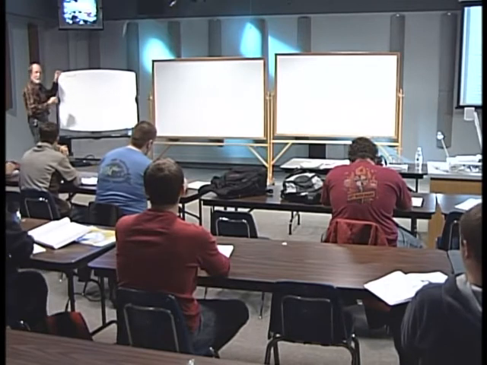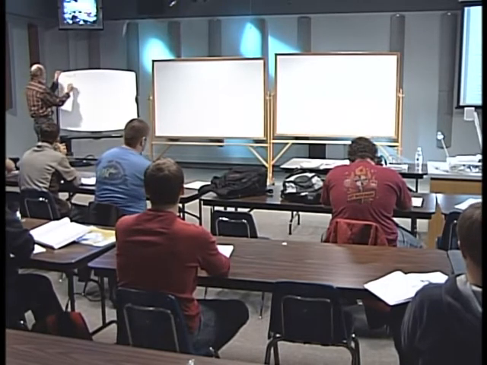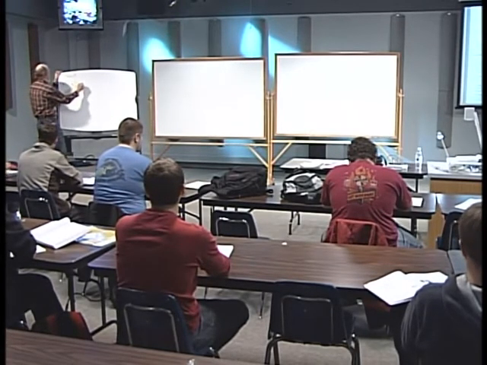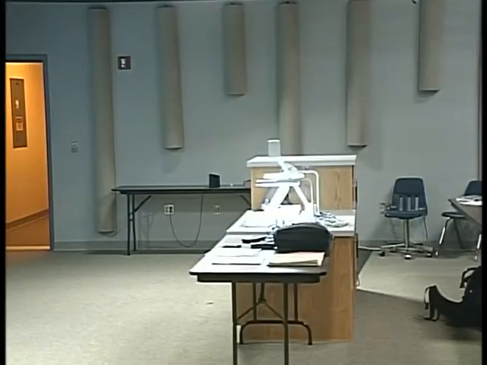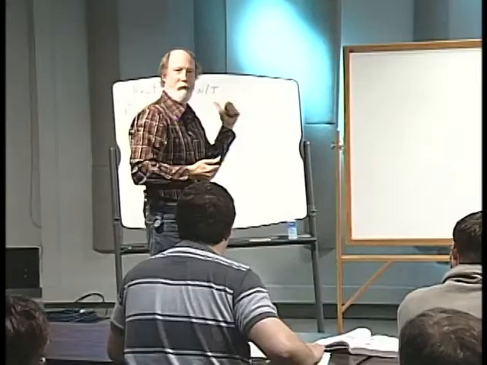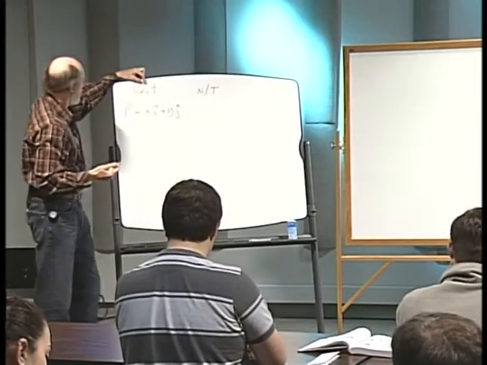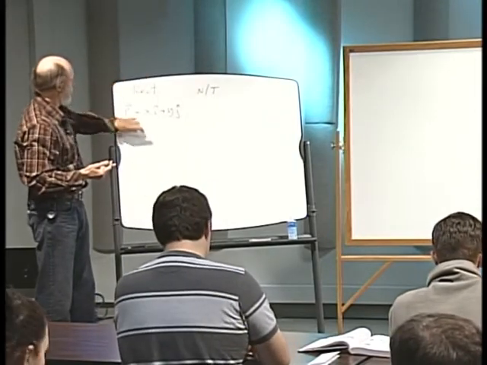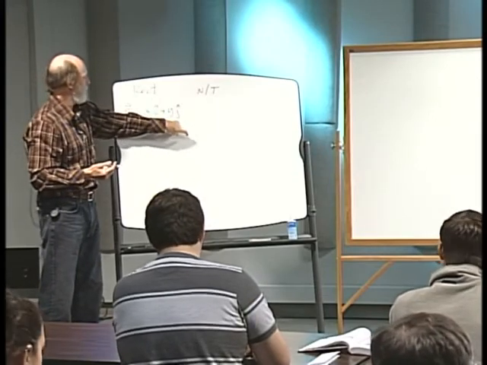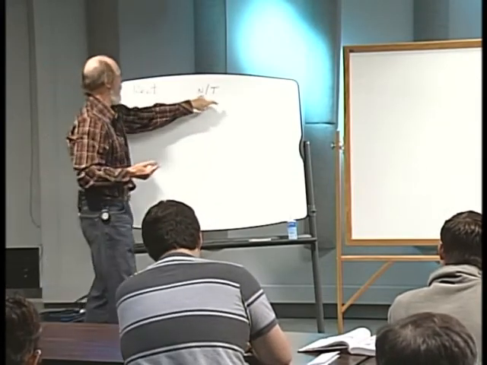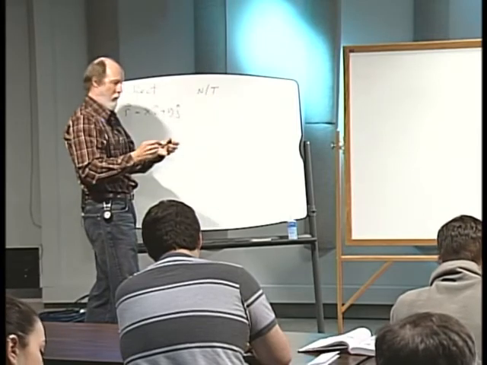If we're in our rectangular system, we have a position vector that we know is xi plus yj. If we're in the normal tangential coordinate system, I'm waiting for the camera to kick over to this screen here. Here we go. Okay, so if we're in the rectangular coordinate system, the position vector is given as xi plus yj. If we're in the normal tangential coordinate system, we know that